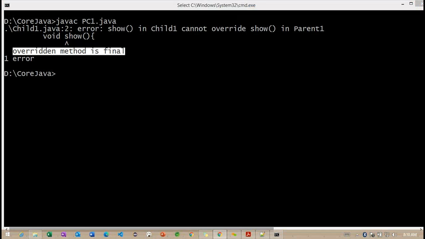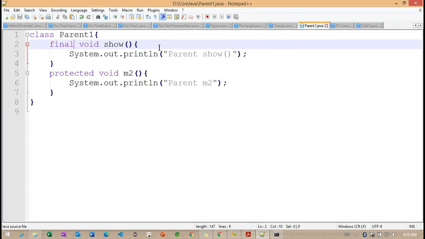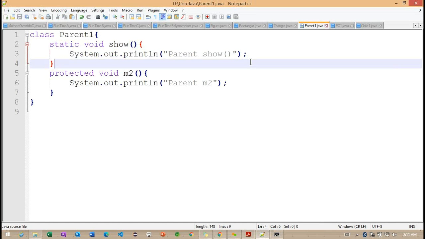And what about static methods here? Getting the point. So we'll have the same example on the static method. Let me remove this final and make it static here. I'm making this particular show method static. And I'm going to make one more method, M2, non-static here.